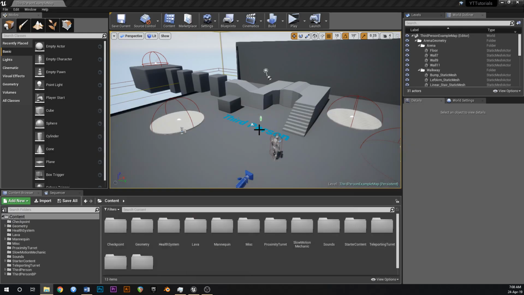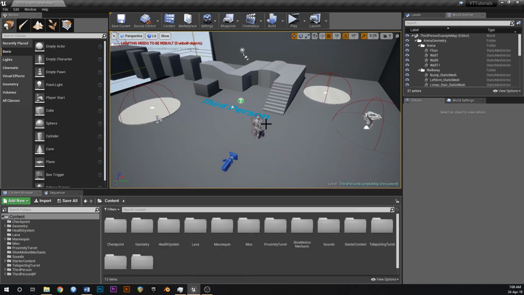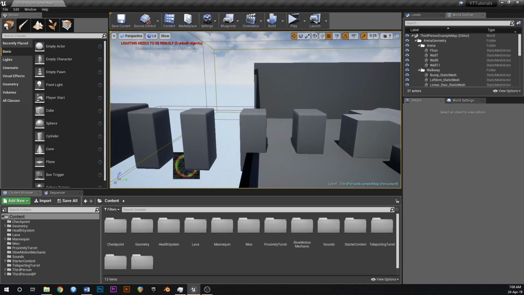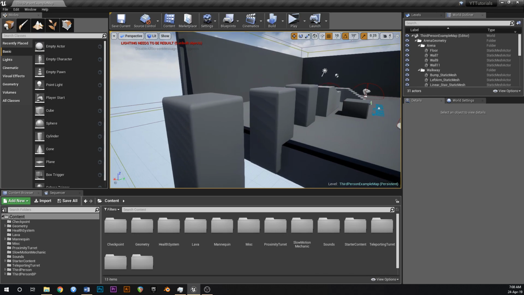Good morning, guys. Today in this tutorial what we're going to create is just a simple little enemy that'll run around, and if it runs into you it's going to send you flying. It's going to launch you across the map, and the idea is that if we have a platforming game